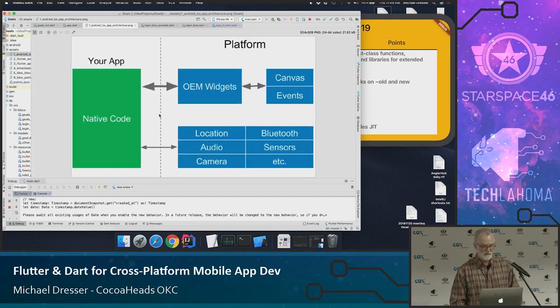So here is sort of the typical architecture of the apps that most of us have been writing to this point. That is that you have the native code. So for iOS, obviously Swift or Objective-C, for Android, Java or Kotlin. And that talks directly to the OEM widgets, which give iOS and Android their typical standard looks that then draw. And then to get to sensors, the camera, and all that sort of thing, when you're doing a native so-called app, then you can communicate more or less directly with those sensors, with the camera and so forth, or GPS.